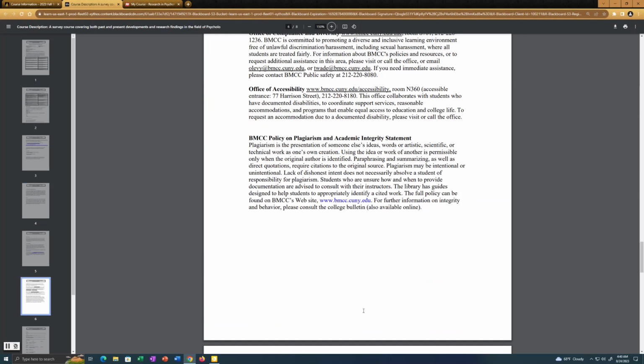It's not going to work. I have ways to detect if you're using a computer to write your work. So don't plagiarize, which is copy and paste, and don't use AI to generate your paper, because I have ways of detecting that also.